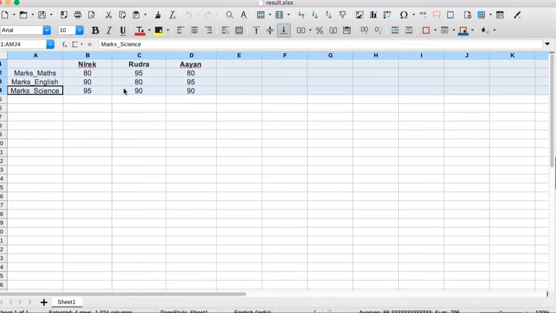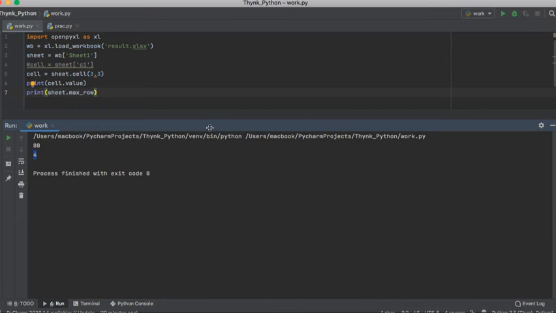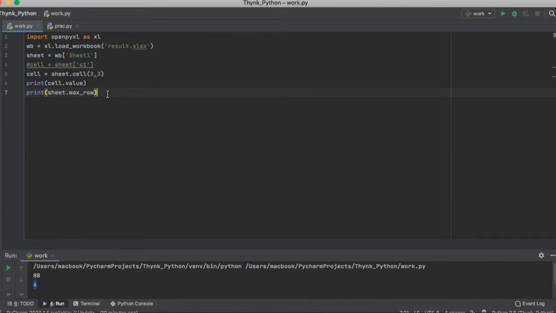Now if I want to add 2 grace marks to, let us say, Nirek, then I need to iterate over these rows. The column is fixed, which is B, so I do not have to change the value of the column. I can keep it fixed at B, but I need to iterate over the rows. And you know that to iterate we can very comfortably use the for loop.